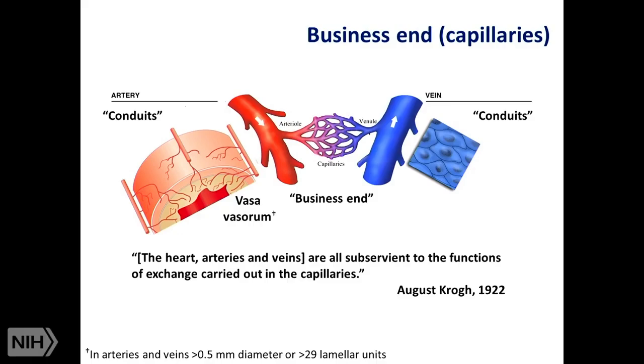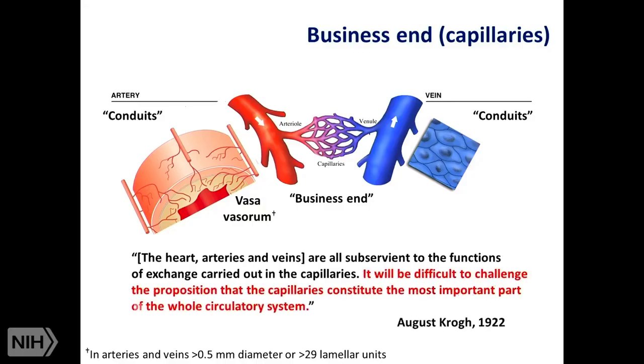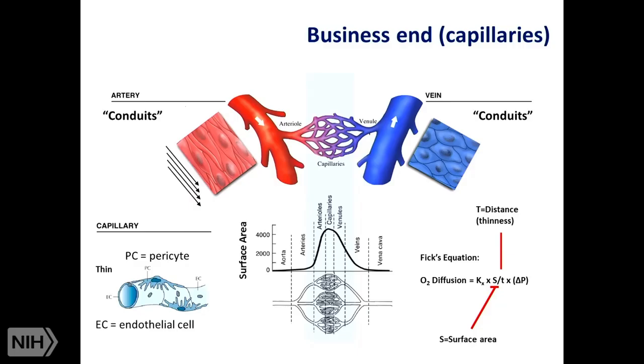Now, based on these and other considerations, August Krogh, who was one of the great physiologists at the turn of the 20th century, concluded that it will be difficult to challenge the proposition that the capillaries constitute the most important part of the whole circulatory system. Now, in keeping with Fick's law of diffusion,